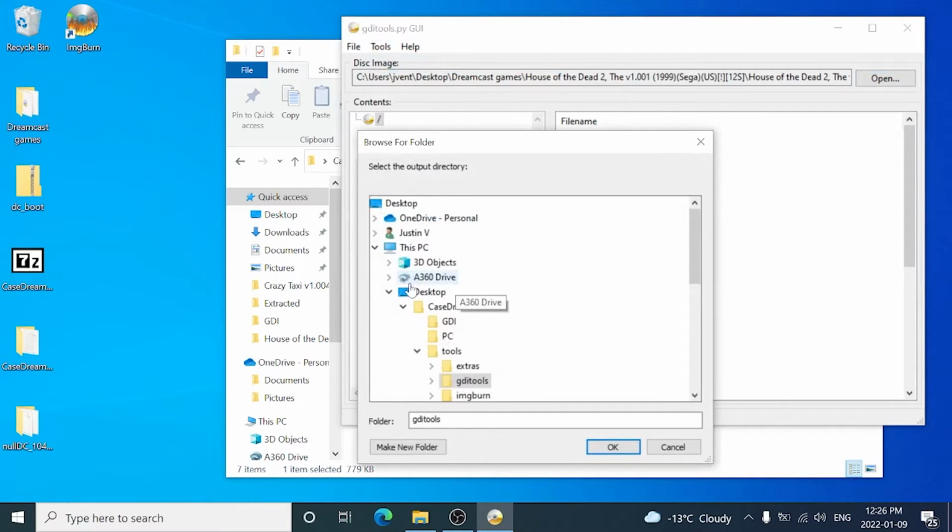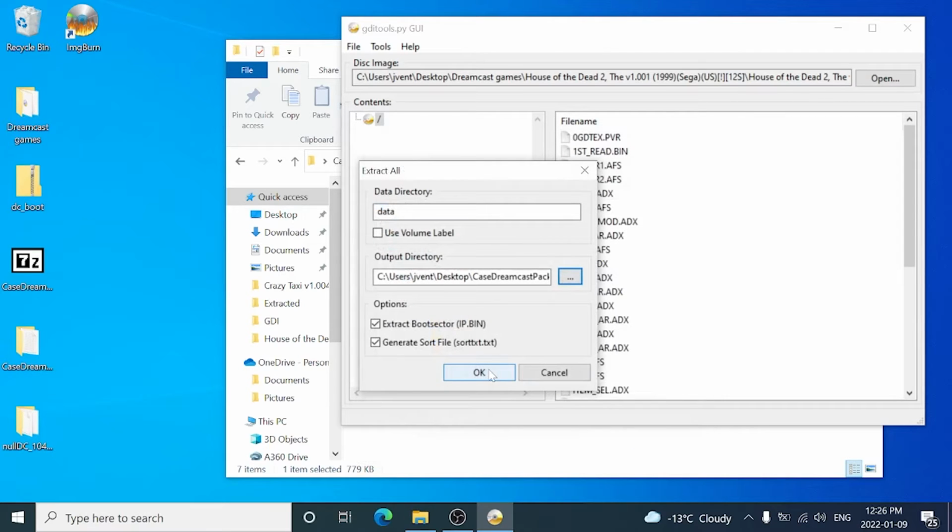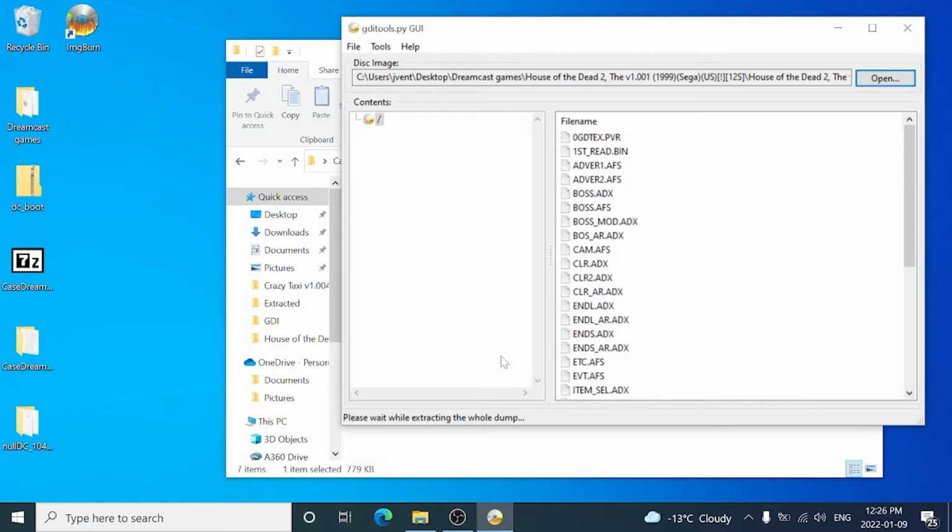Everything looks good here. We're going to tell it where we want to extract it to. So in the Dreamcast pack, I've included a folder called GDI. That's where we want to extract it to. This should only take a couple seconds. Now again, we have to extract it to the GDI folder in the case